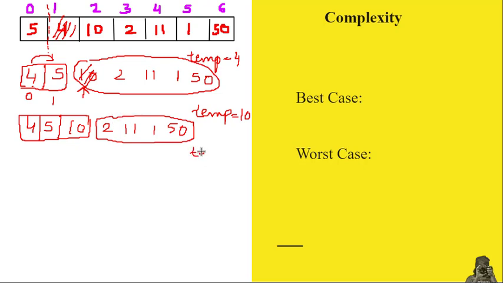Now at this stage, temp will store the value 2 because this is the first element of the unsorted part. So now we'll try to compare, and this value can be overridden because we have preserved it in the temp variable. So now 2 is less than 10, so swapping will be required. So 10 will be shifted to the next position. So here will be a question mark, here 4, 5 as it is. So 10 will be shifted. Now 11, 1 and 50. The rest of the array will remain the same.